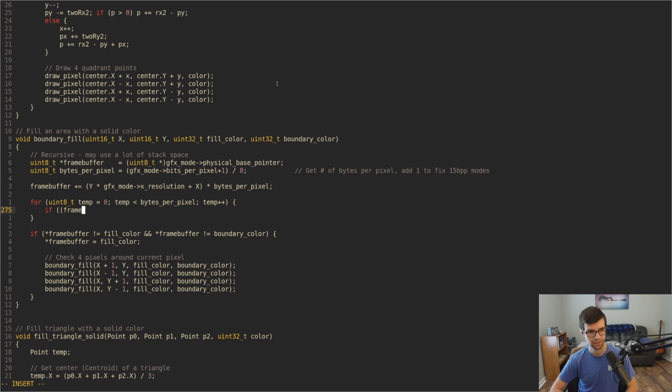So I'm going to check if the frame buffer value at temp is equal or not. So I'll do not equal whatever color we're checking. I guess both. Yeah, we're checking both down here, the boundary color and the fill color. Okay. So check it compared to the fill color. This is going to be over here. It needs to be shifted right by temp